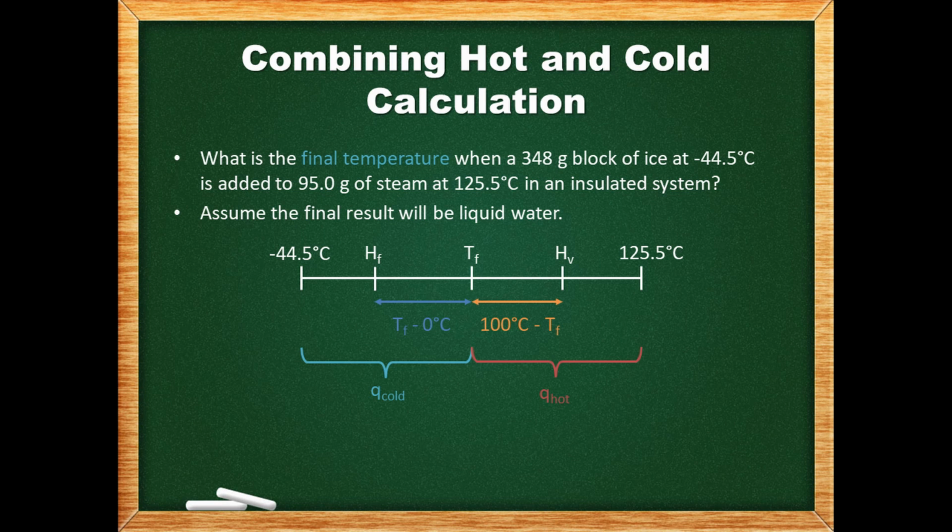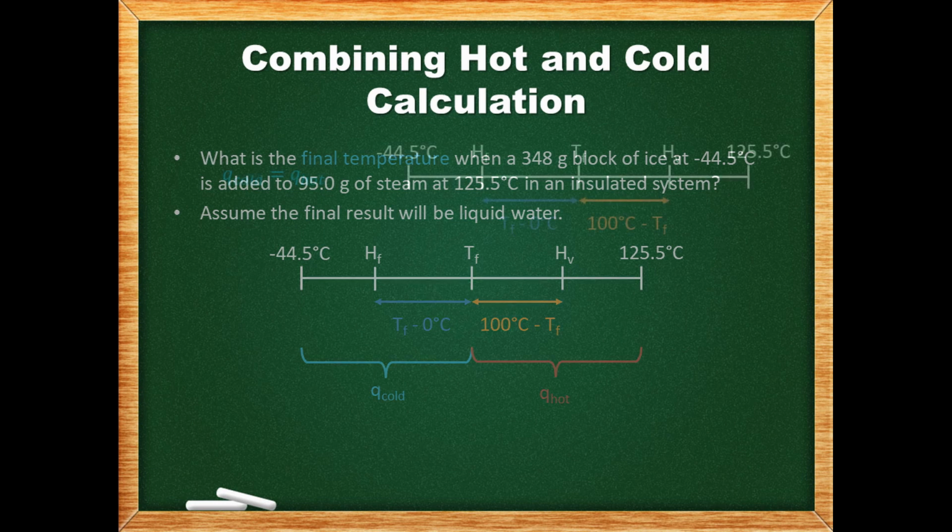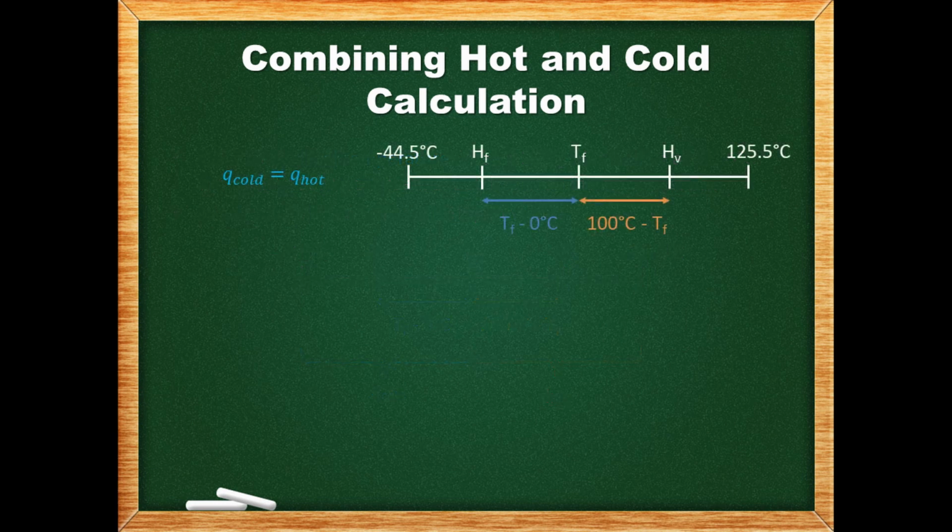Now, when we add something hot to something cold, we can use a generalized version of the first law of thermodynamics. Heat lost plus heat gained is 0. If we rearrange slightly and take absolute values, we have Q cold equals Q hot, where Q cold is the total heat gained by the colder substance, and Q hot is the absolute value of the total heat lost by